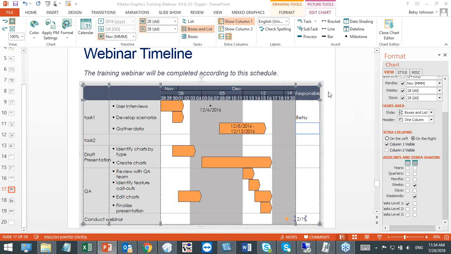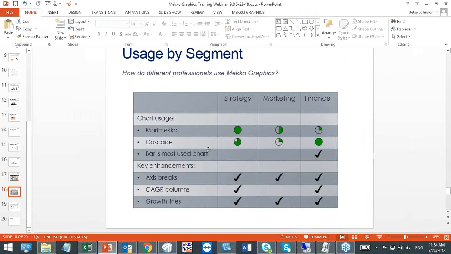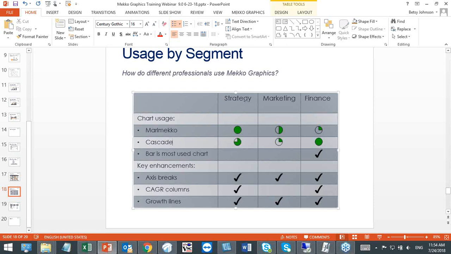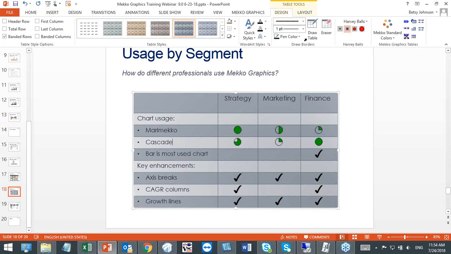Again, there are training videos for Gantt if you want to do a deeper dive on our website. The last thing I want to quickly show you is that we do use PowerPoint native table functionality. This is a regular PowerPoint table that you would insert here through the PowerPoint menu for tables, but we add a couple of little bells and whistles so you can actually insert Harvey balls here. These are Mekko Graphics additions to this